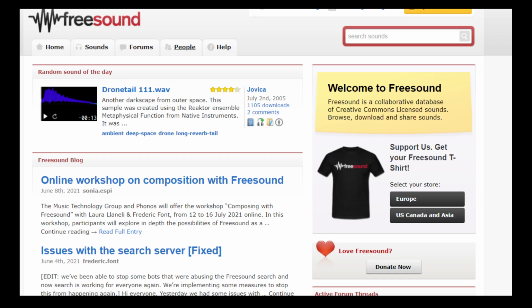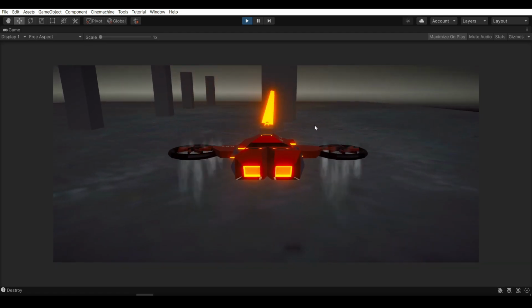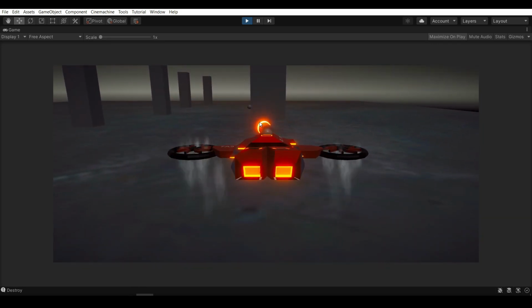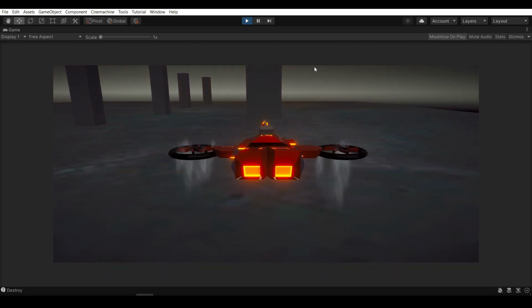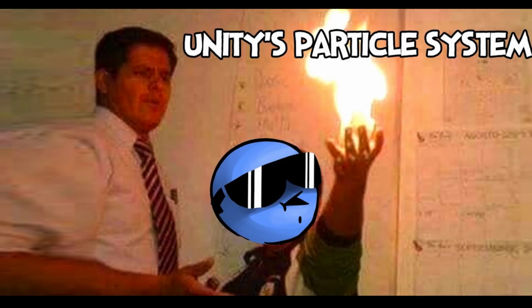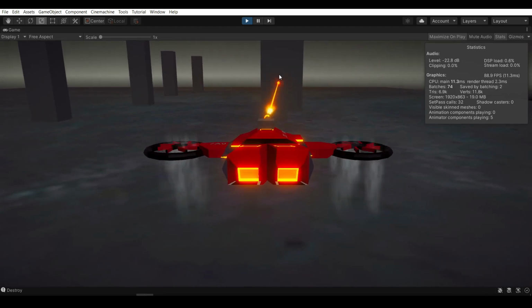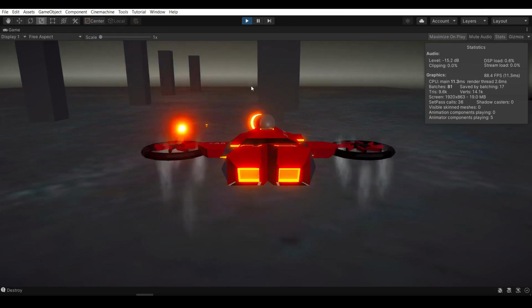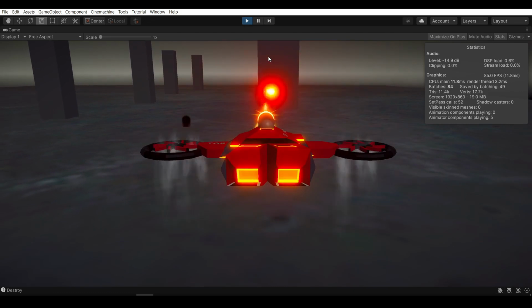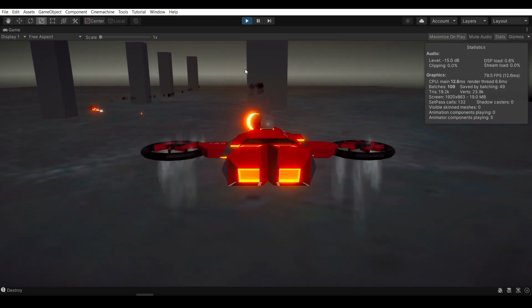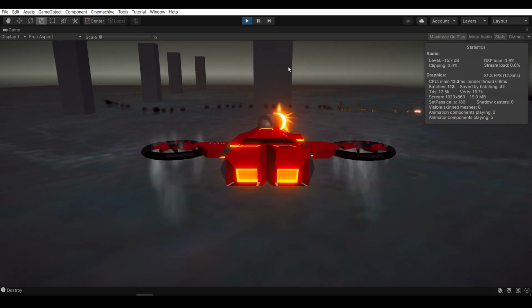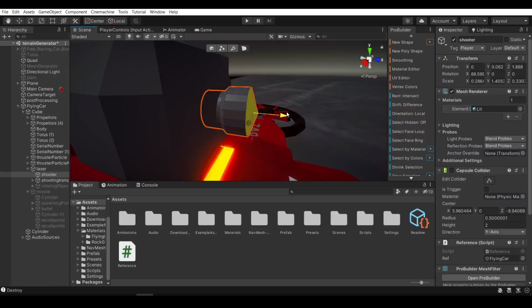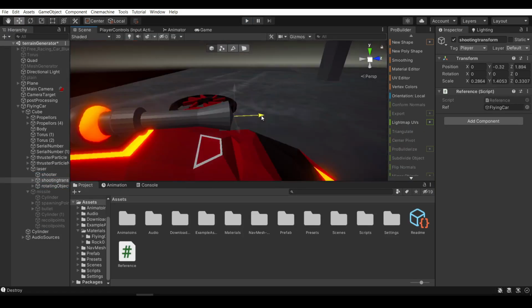I downloaded some free sounds from this website. And added some particles to our weapon. And after replacing the placeholders for our weapon models,